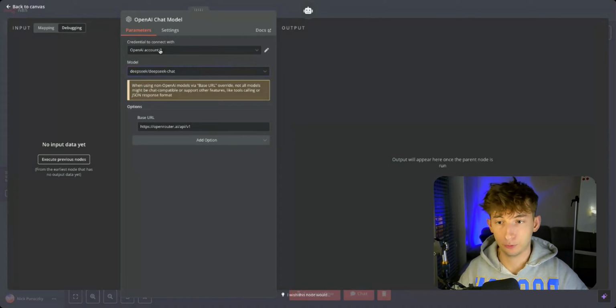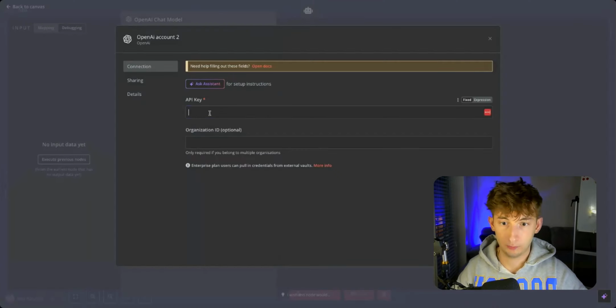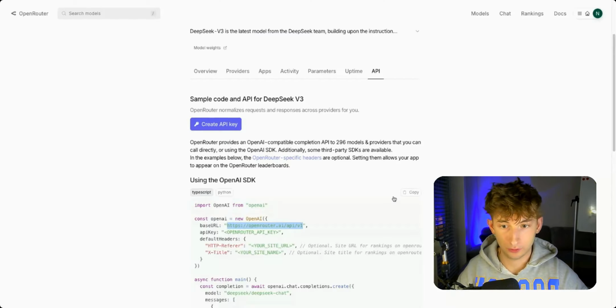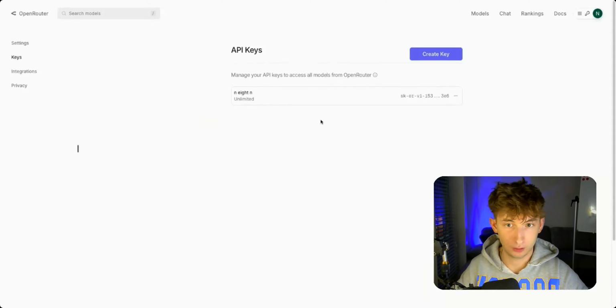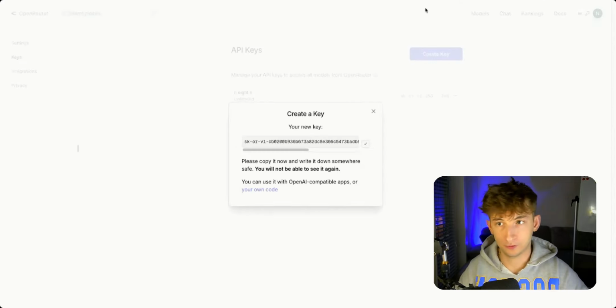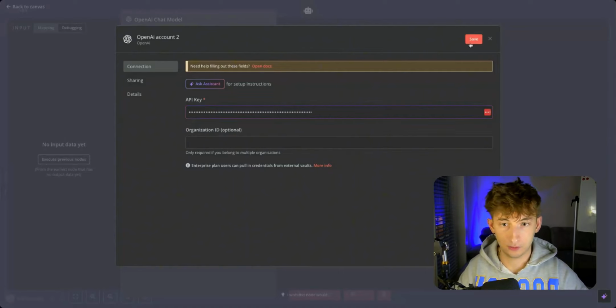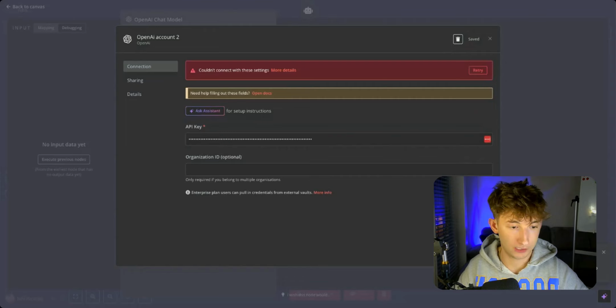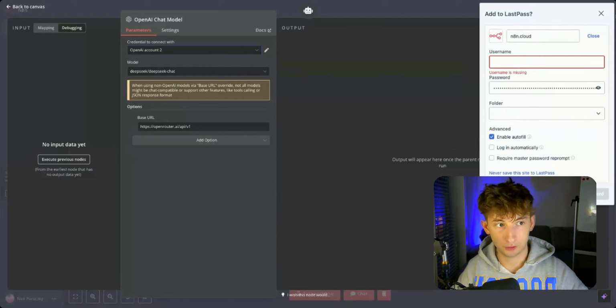Now, the only other thing that you will have to do is if you go to credential, I'm actually going to create a brand new credential, and I'm going to input the API key. So we can grab our API key from right here. Once we go into, create your own key, then I'm going to create one, and I'll call it n8n agent create, copy this over, and I'm just going to drag it into here. I'll click save. It'll say credential successfully created. I think it's just bugged saying it couldn't connect with these settings, but if you close this out and if you run it, it'll work perfectly fine for you.